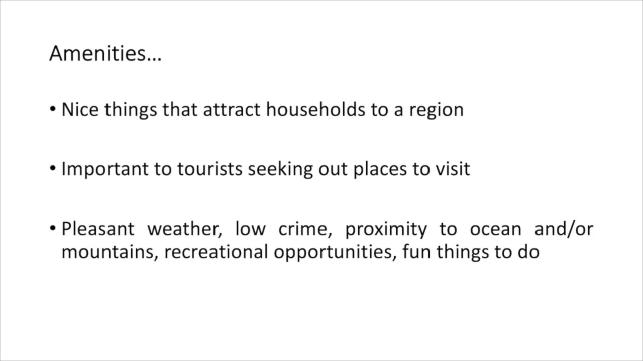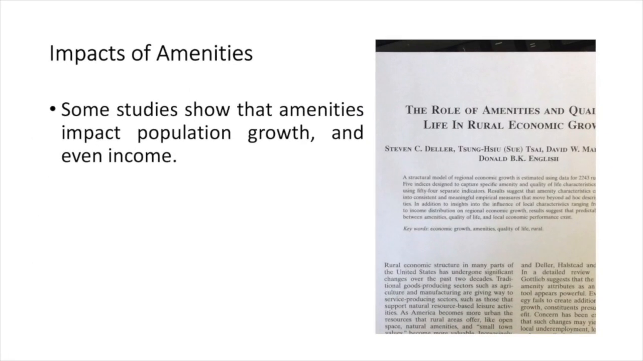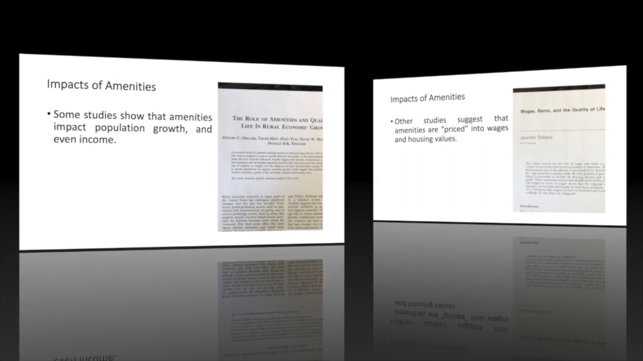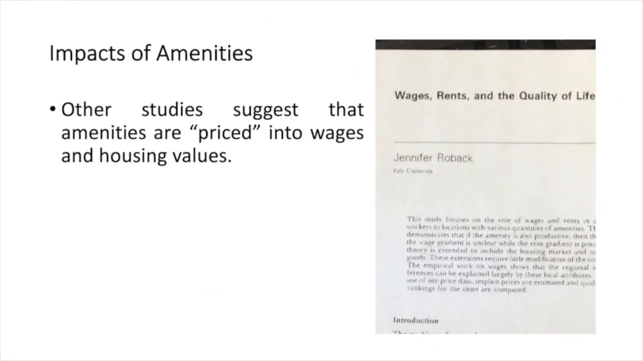There are a couple of ways to examine the importance of amenities to regions. First, some studies have analyzed the effects of amenities on population growth, employment growth, and even incomes. And these studies often uncover a positive relationship between these indicators of regional economic activity and the presence of amenities. Other studies use what's called the hedonic approach to analyzing amenities, which is based on the premise that amenities are actually priced into local wages and housing values. The idea here is that people will trade off lower wages and higher housing costs to live in amenity-rich areas. If this is the case, the local labor and housing markets will temper the effects of amenities on indicators such